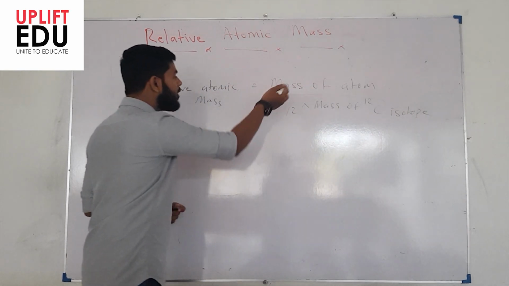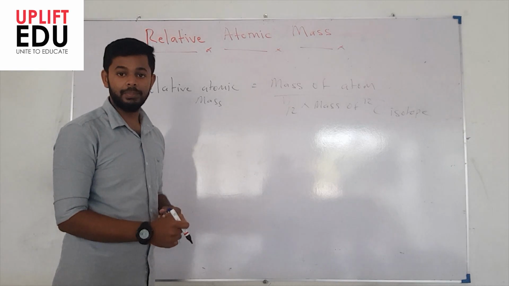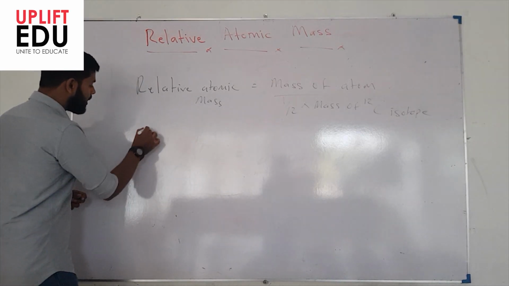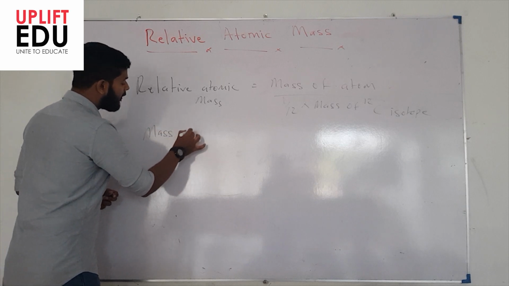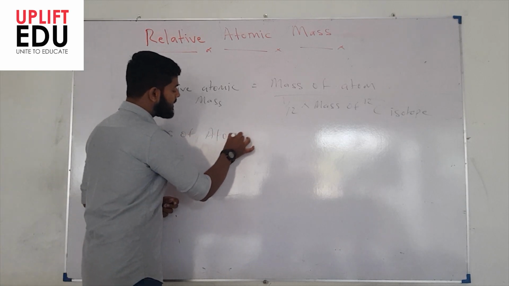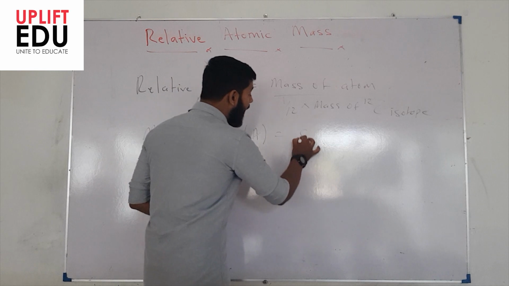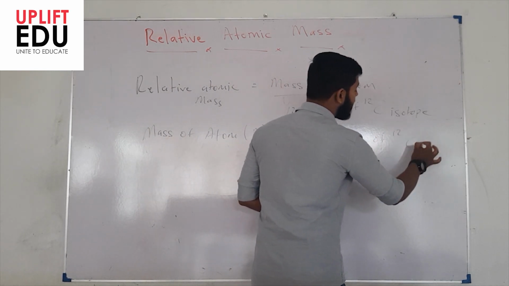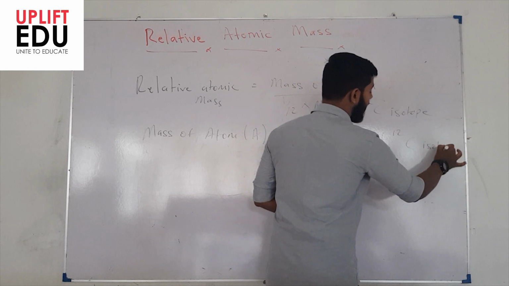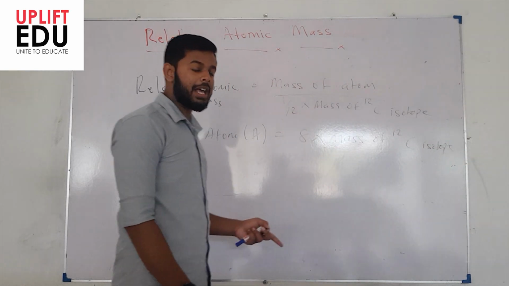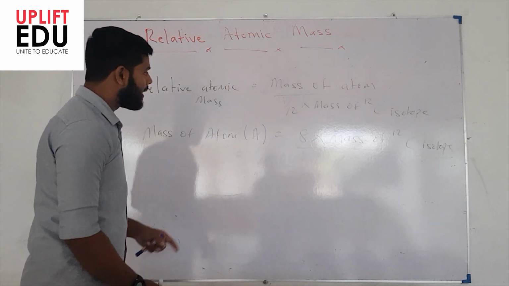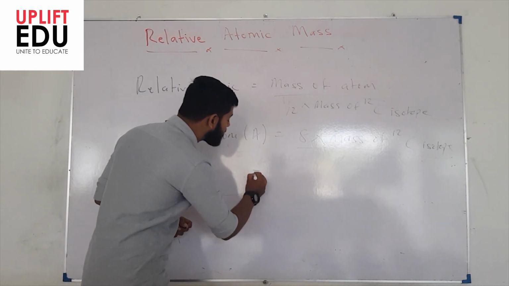Here, we have to identify the mass of the atom. The mass of the atom is not directly given; indirectly they have given the mass of atom A as 8 times the mass of a 12 carbon isotope. So even though this term has not been given directly, I can represent it in my equation. Let me rewrite my equation with substituted values.